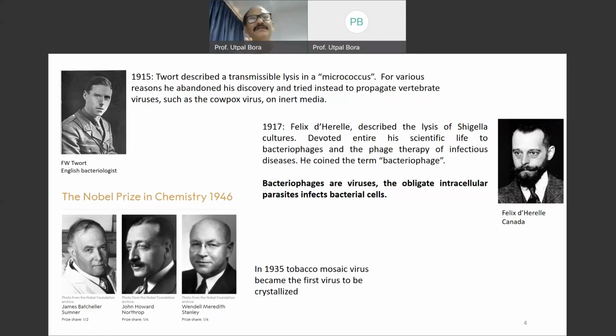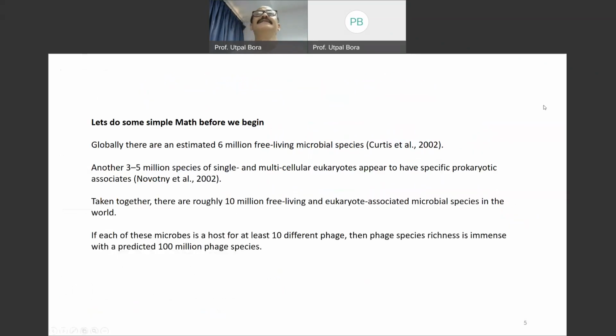Sumner got half of the award, whereas Northrop and Stanley got the second half, one for each. This entire work was recognized as follows: Sumner got it for the crystallization of enzymes, while Stanley and Northrop got it for the crystallization of proteins, and particularly Stanley's work on the crystallization of the tobacco mosaic virus. So now,